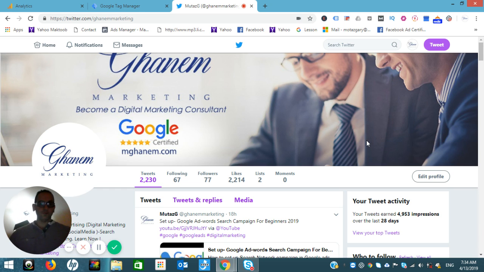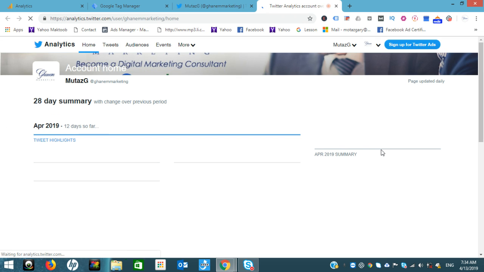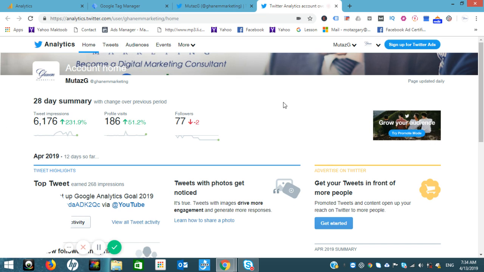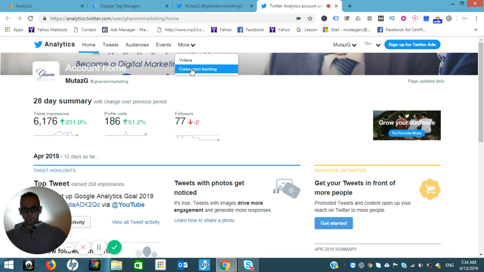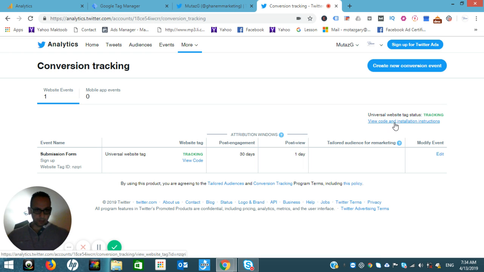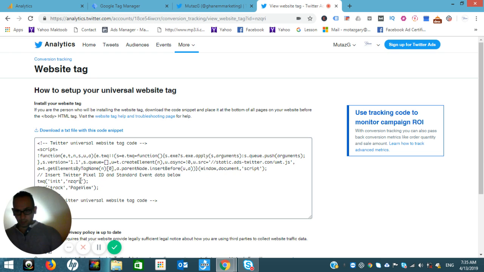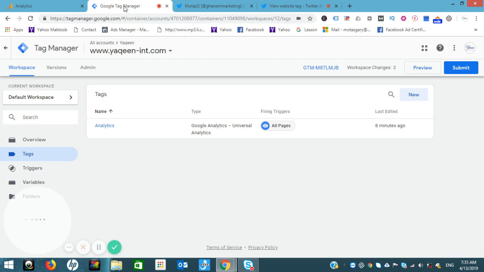So the first thing you have to do here, you'll go to a profile icon, then we'll go to Analytics, then you will go to More, Conversion Tracking, then you will go to View Code and Installation Instructions. We'll take this code, right? Then I'll go back to Google Tag Manager,